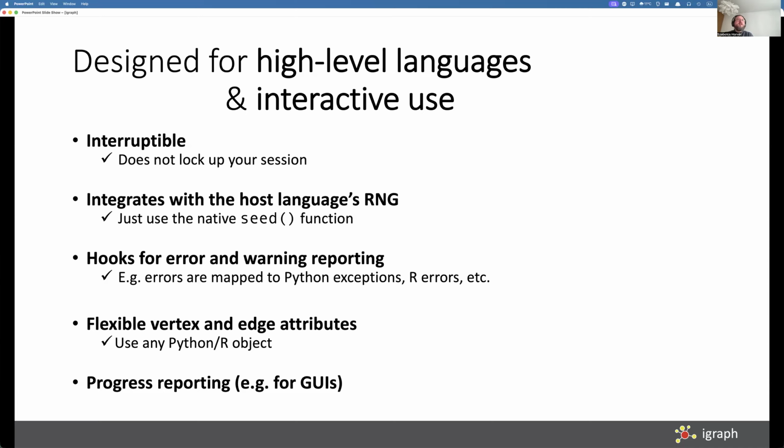This does work in R. I'm not sure if it still works, but it worked in the past. It is a maintenance burden, to be honest. So it may not be that well supported anymore. But the idea is there, it's feasible, and it might come back in the future. So all of these